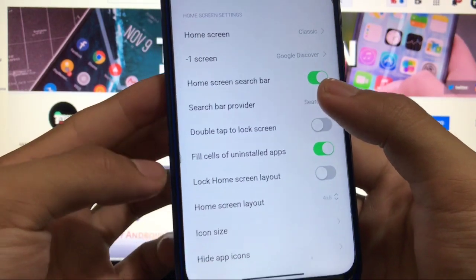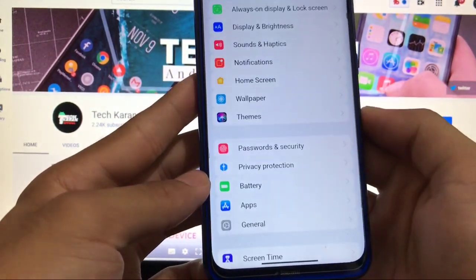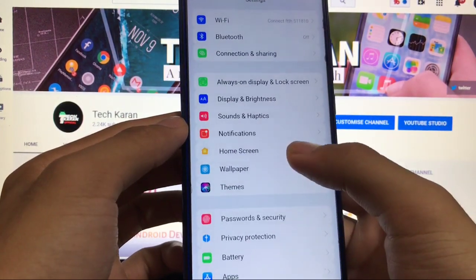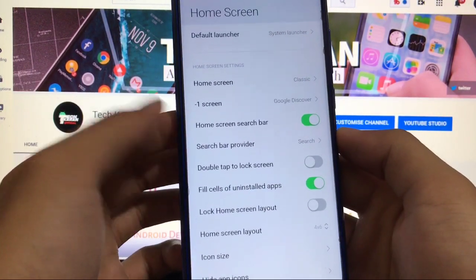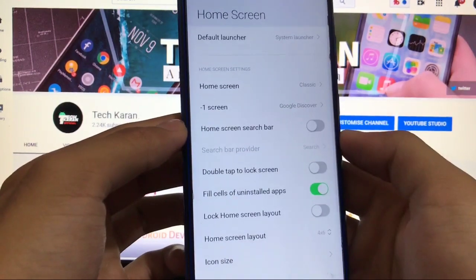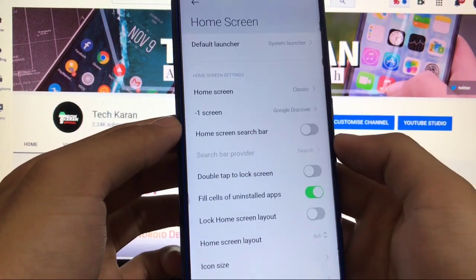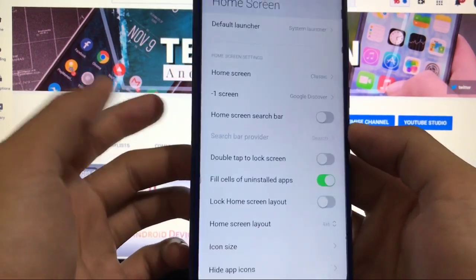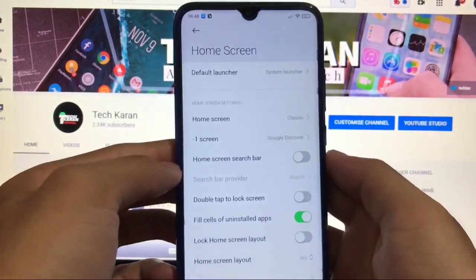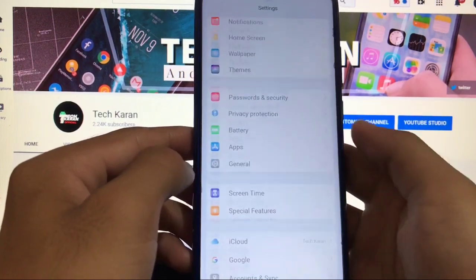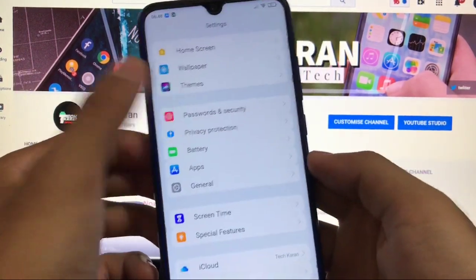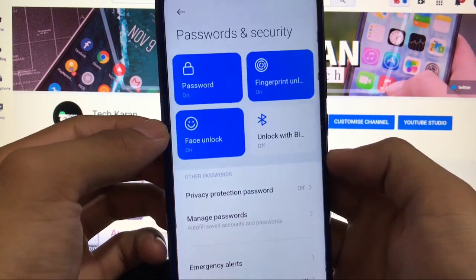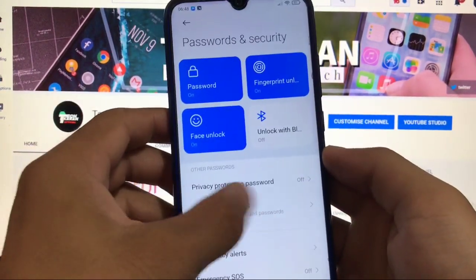If you want to choose a search bar provider, click there, another force close. I don't know why it has these kinds of minor bugs, but that doesn't matter. So you can just disable it if you want to. If you want to enable it, it will take some time, and as you can see, when you click on search bar provider, it will force stop, and all other things are perfectly fine, with no other issues, like password and security. You got the fingerprint, password and face lock, everything is there, everything is perfectly fine.